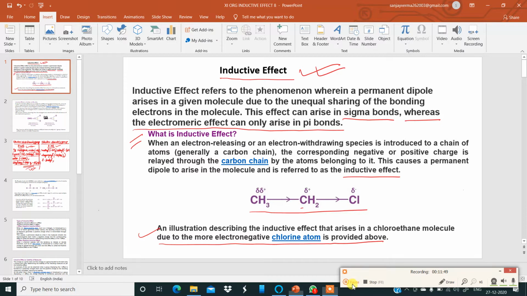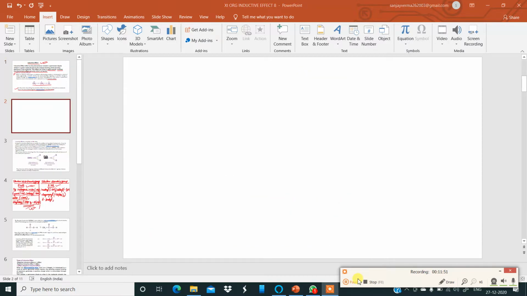Okay, now as I have already told you the brief introduction to this inductive effect, let me help you by an example over here. Now as you can see in this formula which is given on this slide, chlorine, it is a halogen. And we know chlorine is what? It is electronegative. Because of chlorine being electronegative, it pulls electrons to itself.